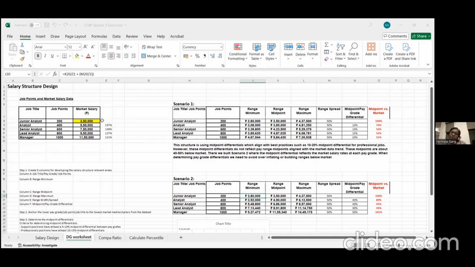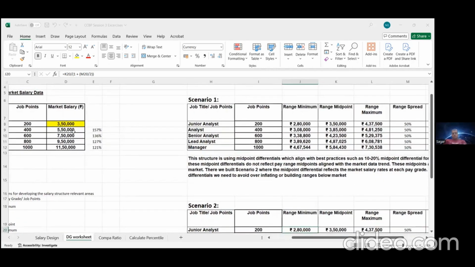So market data is always median data, midpoint data. But then 157, how is it? Then the CR is 157, right? No, this 157 I have calculated. See, the market midpoint salary for analyst is 57% higher than junior analyst. Oh, that way you're saying. Okay, got it. And the senior analyst is 36%